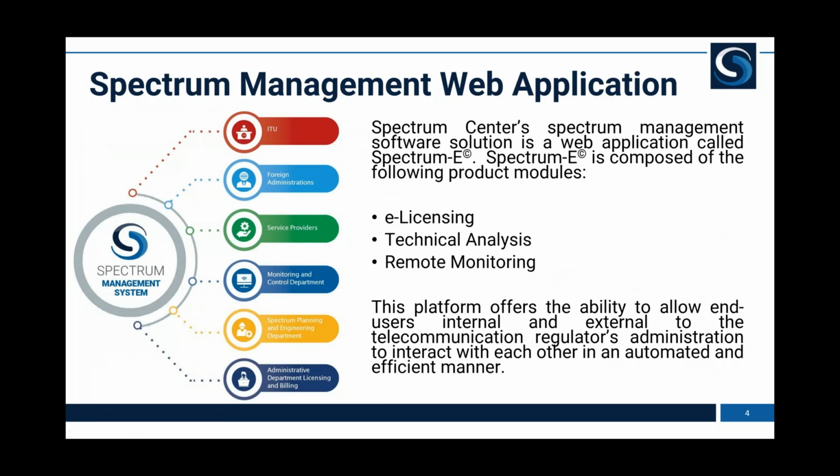Spectrum Center's spectrum management software system is a web application called Spectrum E. Spectrum E is composed of the following product modules. Today we're going to focus on the e-licensing module, but there are two other modules known as technical analysis and remote monitoring. There are several examples of the technical analysis module and its features on our YouTube channel, covering propagation models, interference analysis, model tuning, several things. So I do invite you to visit the YouTube channel if you want to learn more about the technical analysis